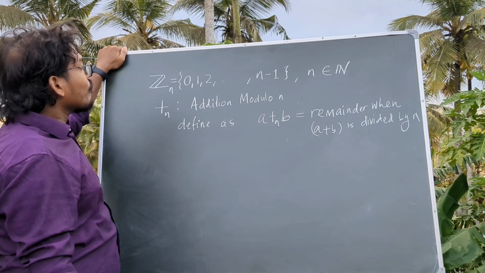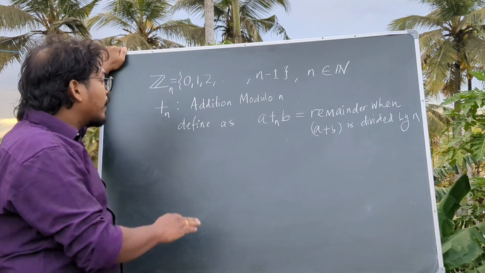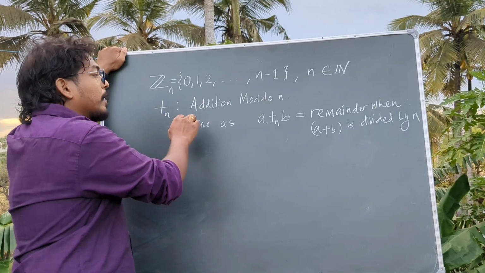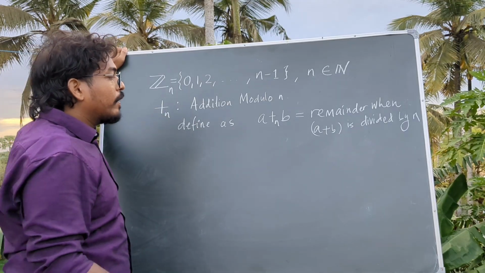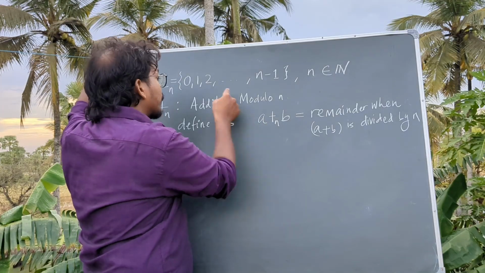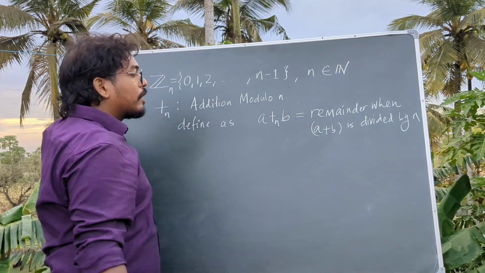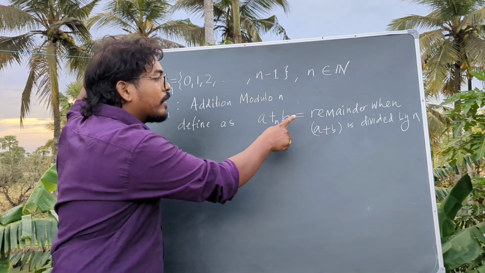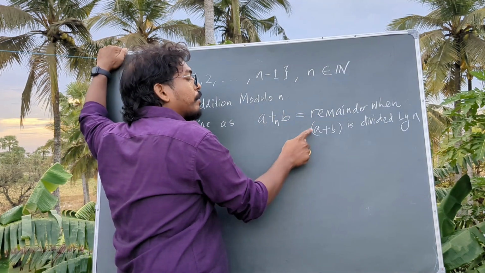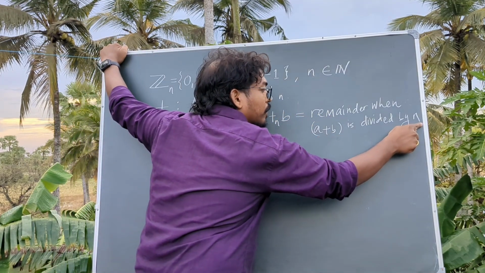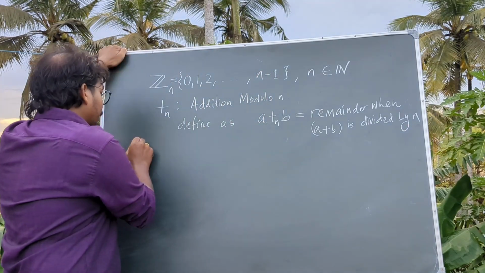So this is a set, and the game we are going to play is the addition modulo n, and the elements, the players, are from this set, and we will get what? The remainder when a plus b is divided by the natural number n. For example,